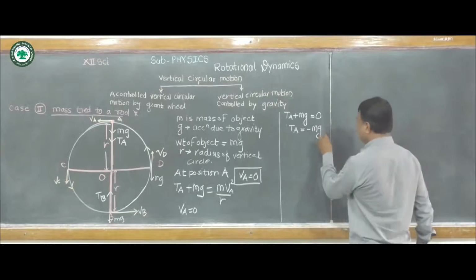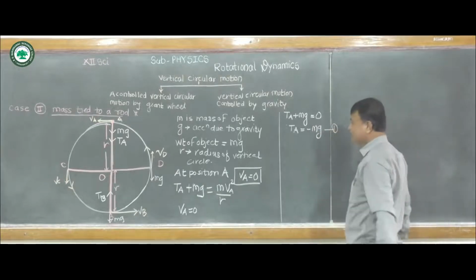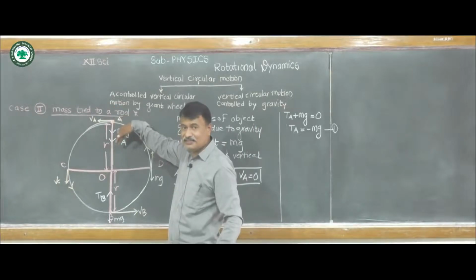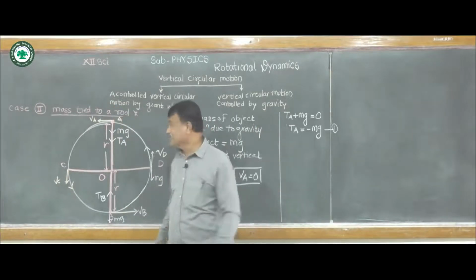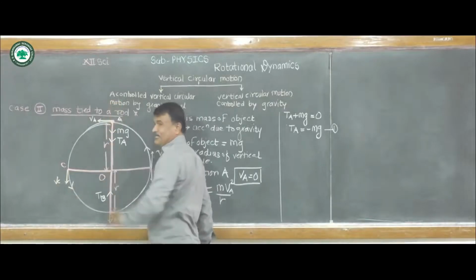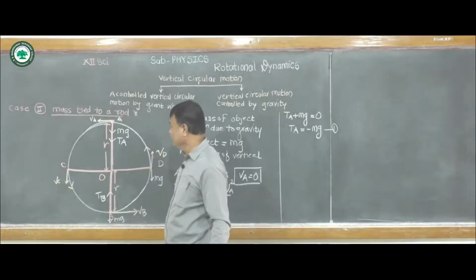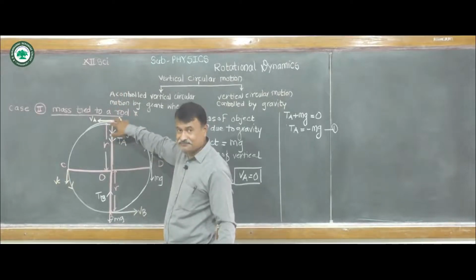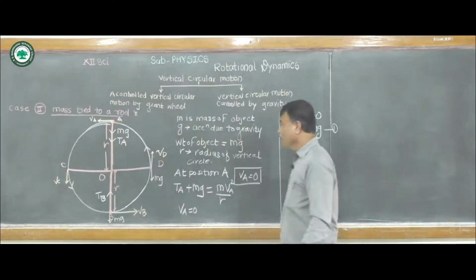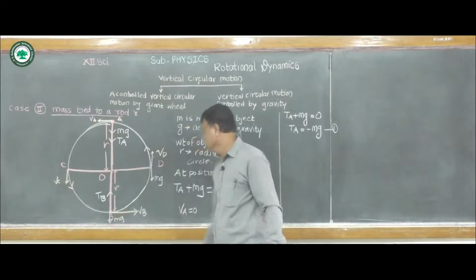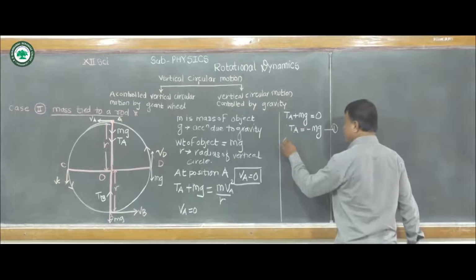This is equation 1. Now we know that mg is in a downward direction, and from this relation we can say that at point A the tension is in the upward direction. Tension in the rod is in the upward direction at point A. Now when this point mass is at point B,